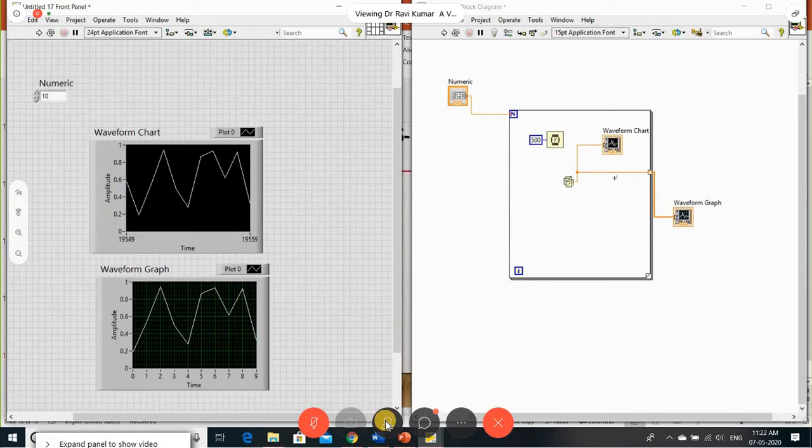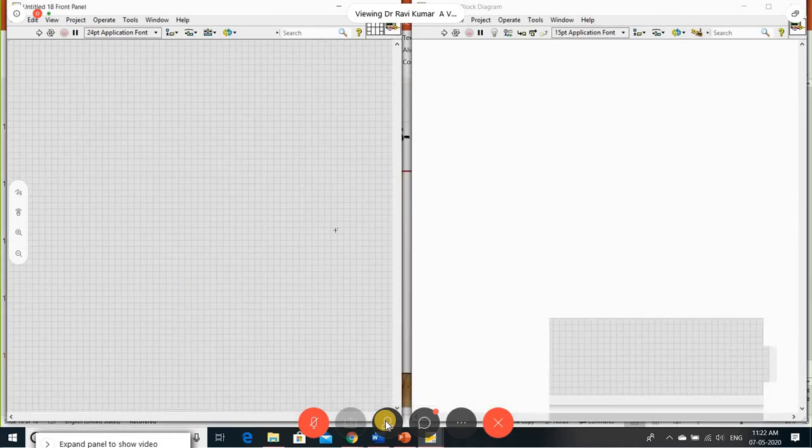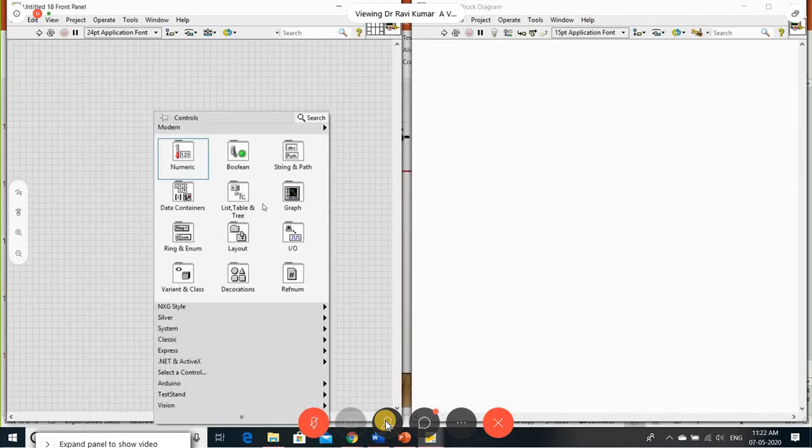With this, I'll go with one more way of plotting. Now I want to plot with the XY graph.